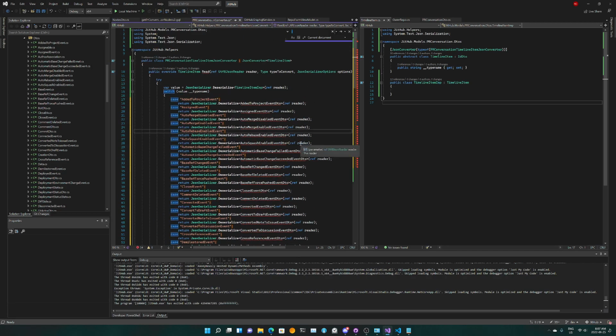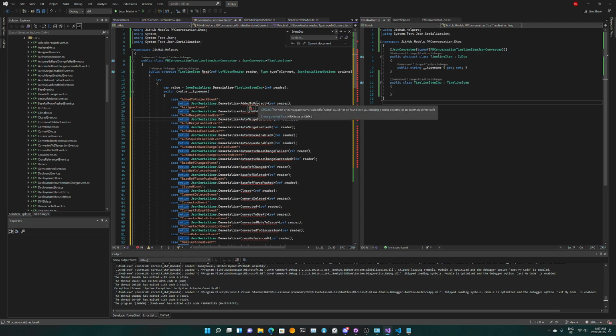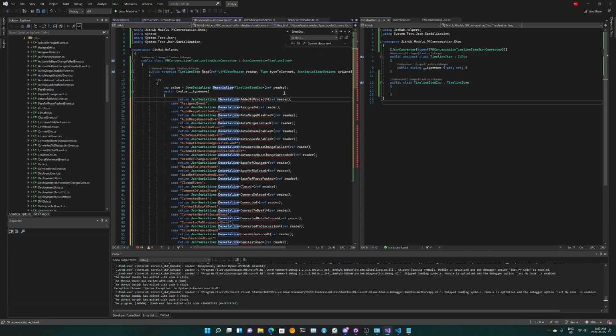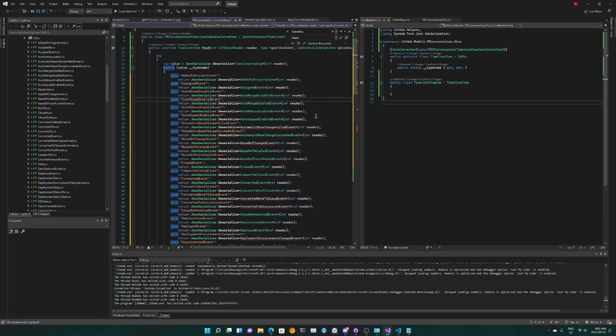All right, so just replace event DTO with basically nothing, and say okay, and should, oh no, not nothing, damn it. Just event basically, right? And it should be working.